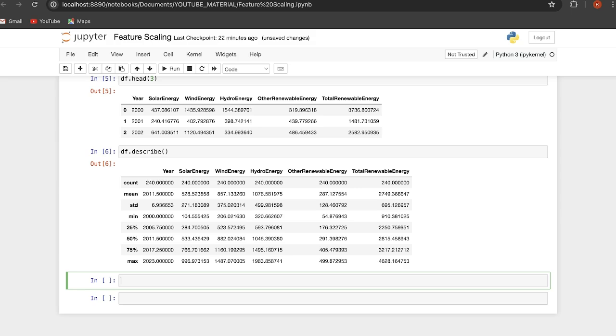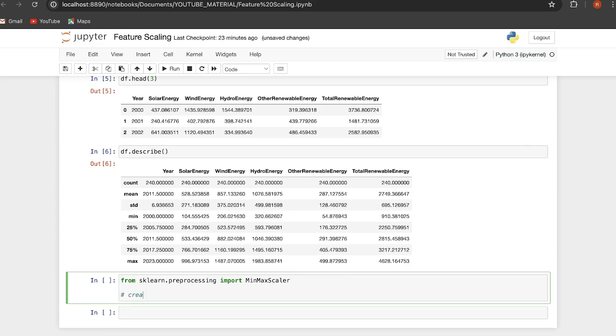So for that, first we will say from sklearn.preprocessing, we will import the MinMaxScaler library. So this is importing the MinMaxScaler module from the scikit-learn preprocessing part. After that, we have to create an object of this MinMaxScaler. So let me write here, creating an object of MinMaxScaler module,